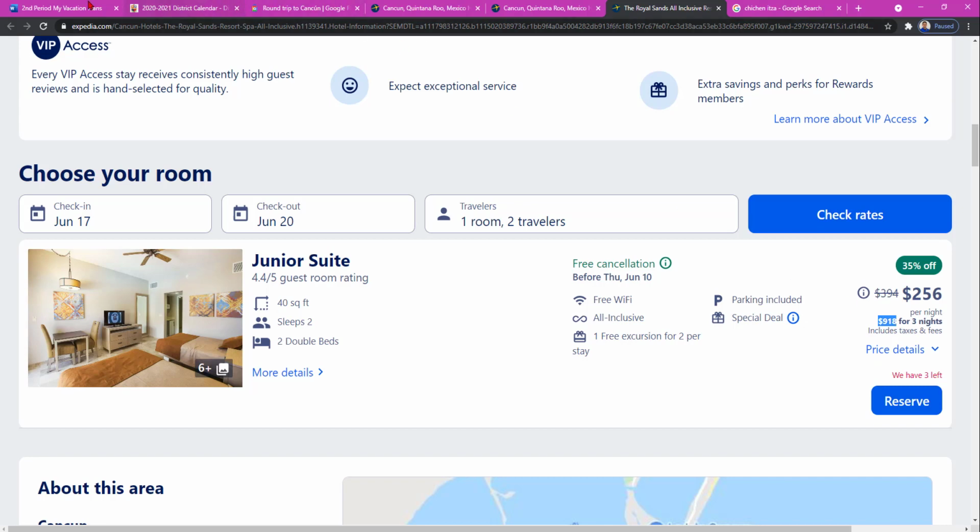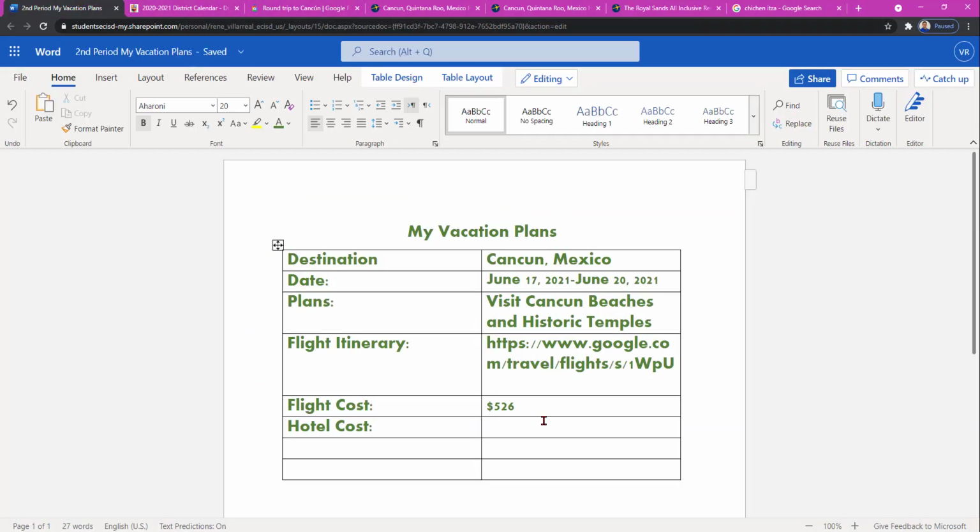Okay, so now we go back to our thing, and the hotel cost is $918. Ridiculous. Okay. Now food budget. How much money are you going to take for food, things like that? So I'm going to say here $500, because it looks like it's becoming a bigger trip than I expected. Okay, so total cost